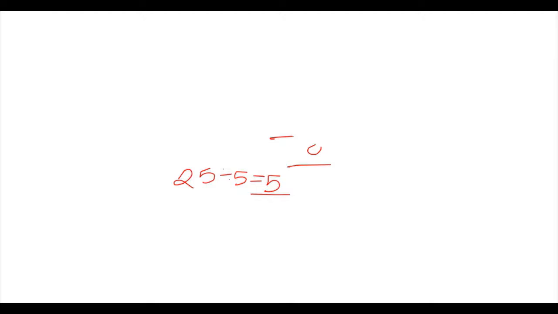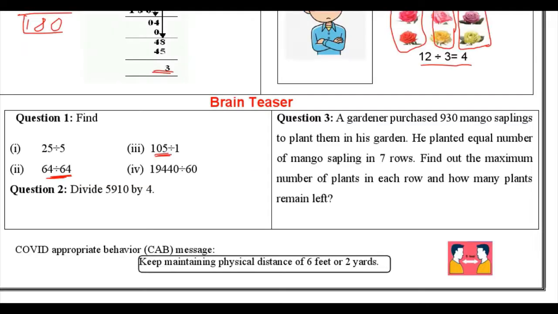So the number here is 19,440 divided by how much? 60. Now over here we will solve this. So if you see 194 over here we have, now if we do 3 here and 60 on the top